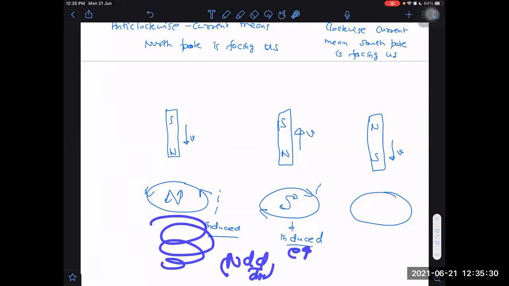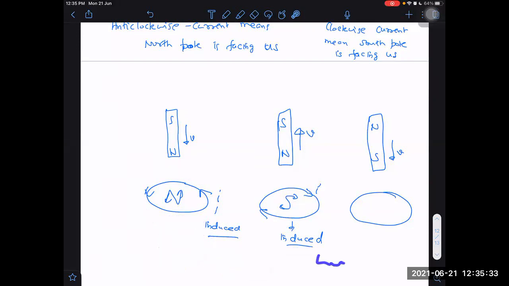If EMF becomes so large and I connect a bulb across it, then E square by R will give me what? That will give me the power dissipated. Power dissipated will become large. If that becomes large, then the bulb can glow. I can really make a bulb glow by taking a strong enough magnet and making it pass through a coil having a large number of turns. We just have to do some calculations. What is the amount of power required to be able to see the light properly? Okay, but we can do that.